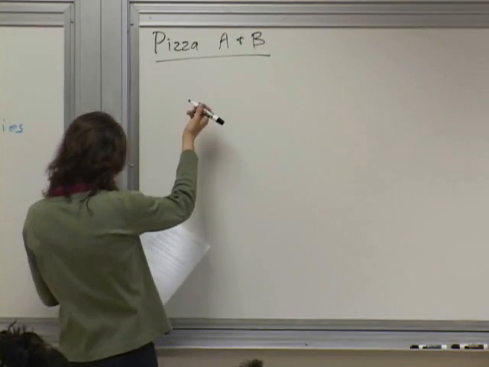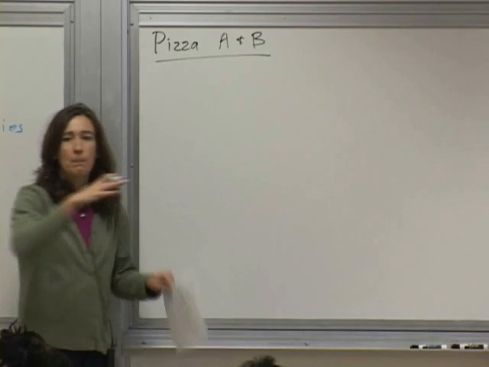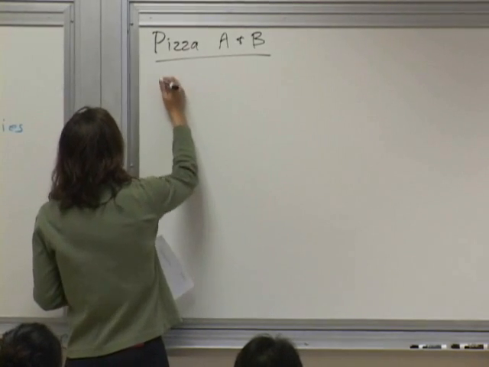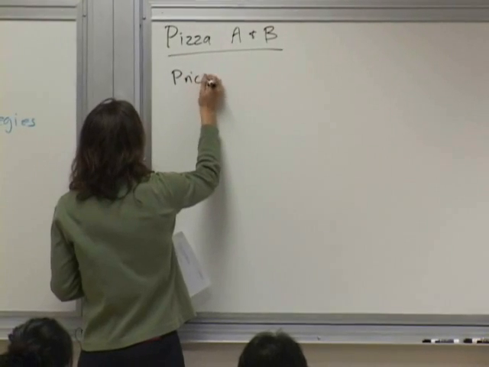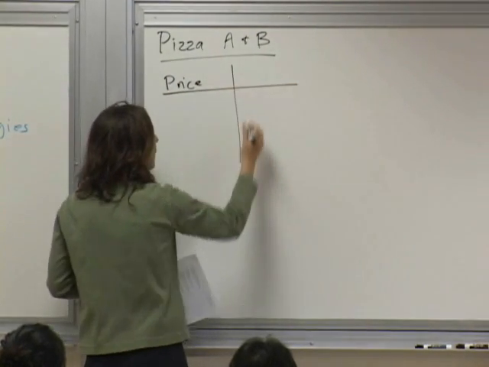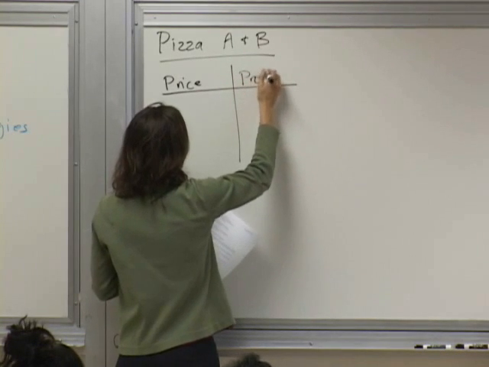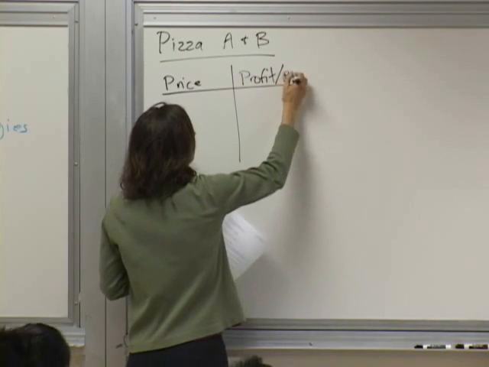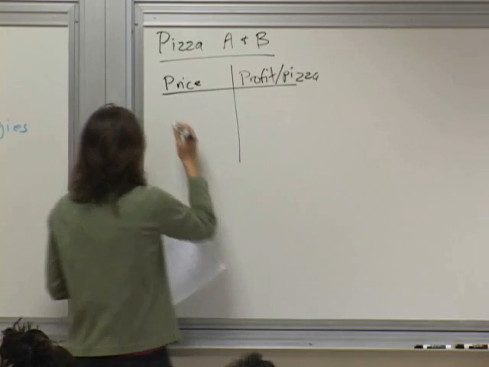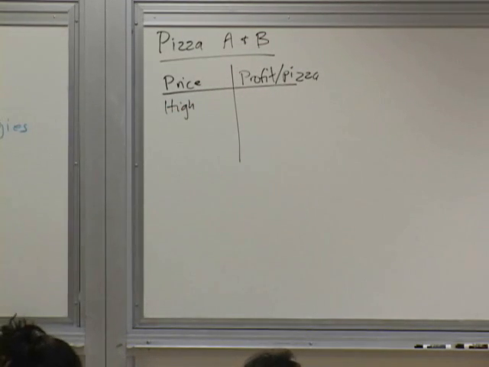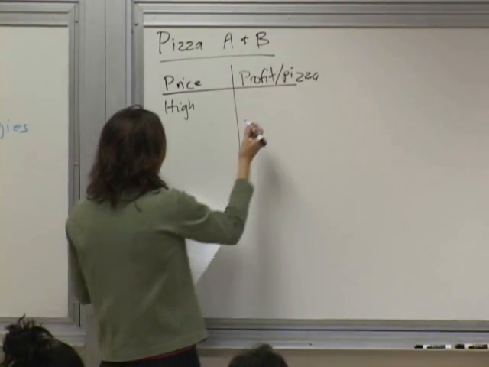They both basically face the same situation. Okay. I'm going to make a little table here for price and profit per pizza. Okay? If they charge a high price, I'm not even saying what it is, the profit per pizza